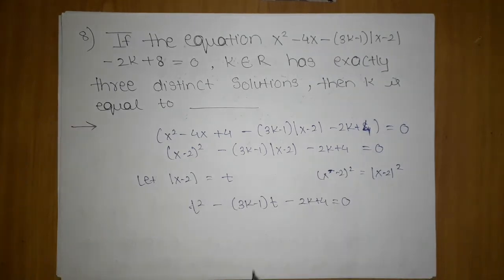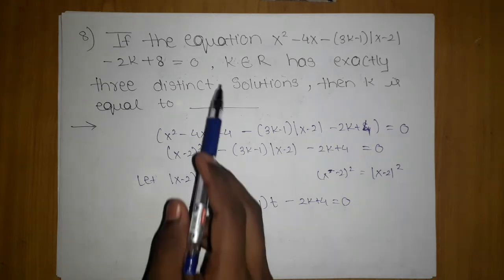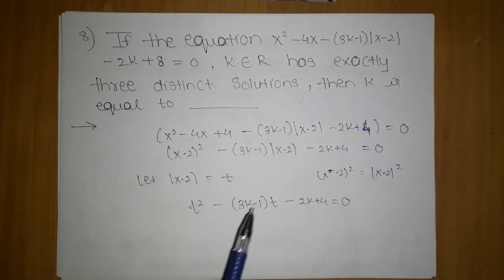Now if you think smartly, it is a quadratic equation, it will have 2 roots, but what they are telling in this question is 3 distinct solutions. So for sure one solution should be non-real. Okay, so they are distinct, 3 distinct solutions. So one solution should not belong to this. Okay, if you see which solution is not possible for t. Because two roots are possible, and if one root is more possible, then that root should be imaginary.